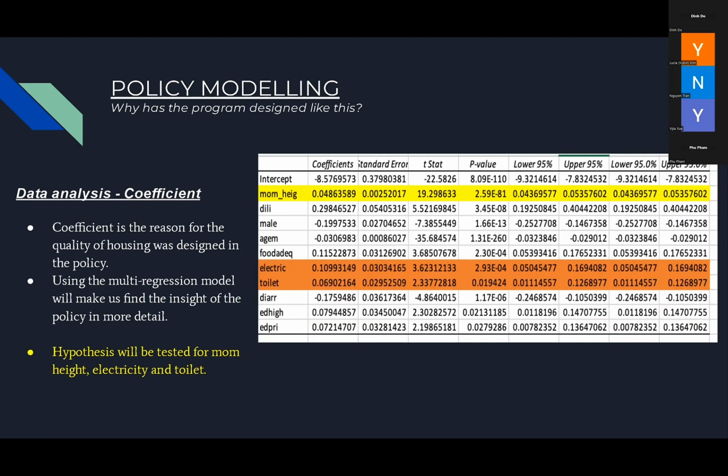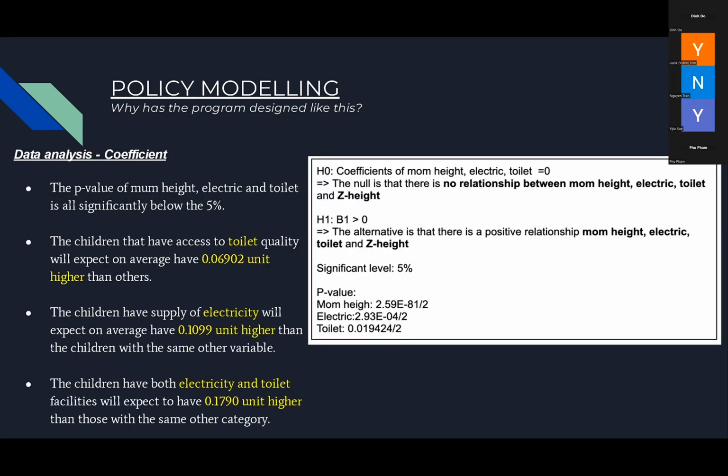Coefficient. Using the coefficient justifies the policy inclusion of quality of housing. Multi-regression modeling provides detailed insight into the policy, specifically for testing the hypothesis for mom height, electricity, and toilet. The p-values for mom height, electricity, and toilet are significant, below 5%, indicating they positively influence Z height. Children with access to toilet quality can be expected on average